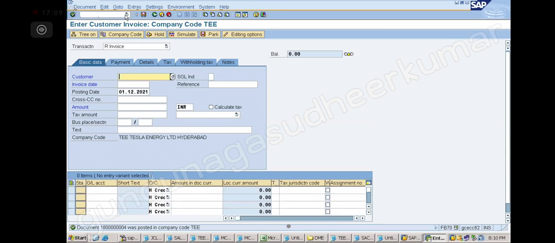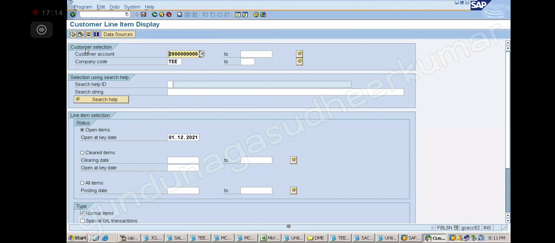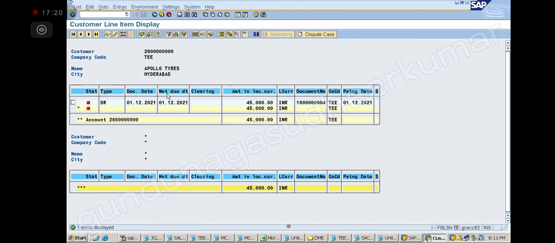So now when do I have to receive this? Sorry, not pay. Immediate payment. The net due date is today only. So the customer has to pay today, right? Yes, sir. Now suppose the customer is giving me a demand draft for 45,000, which I will have to give to the bank, and then I will get the money, right?